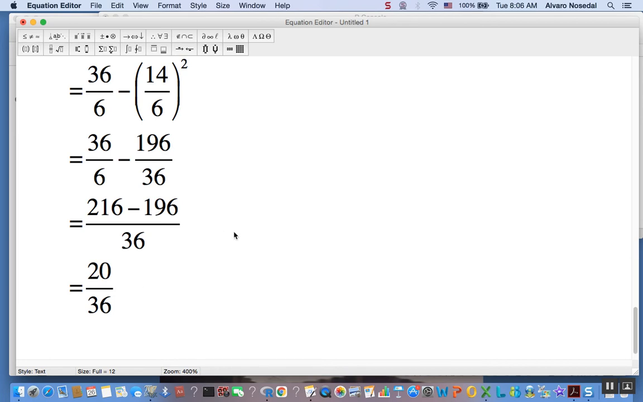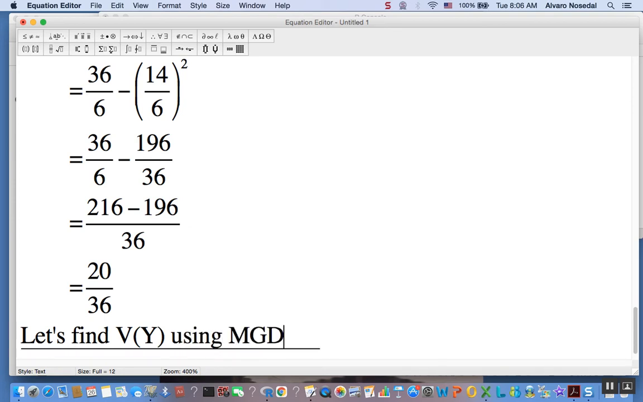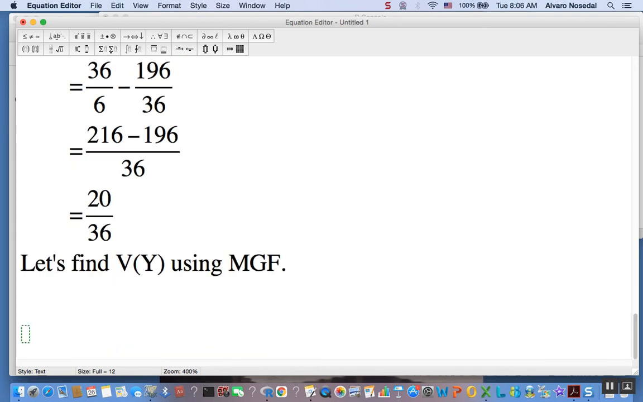Okay, so as I said, the other way of finding the variance is using the MGF. Okay, so let me just say that. Let's find the variance of y using the MGF. Okay, here we go. We know,